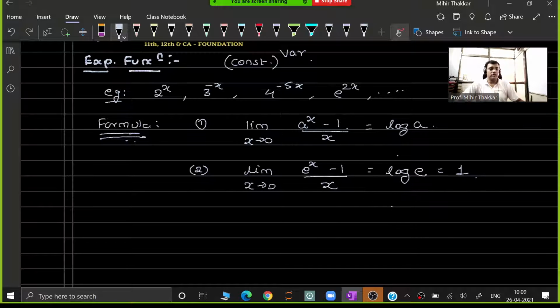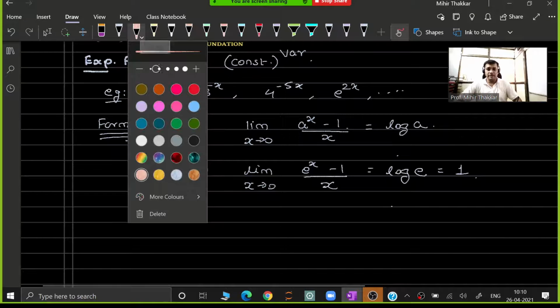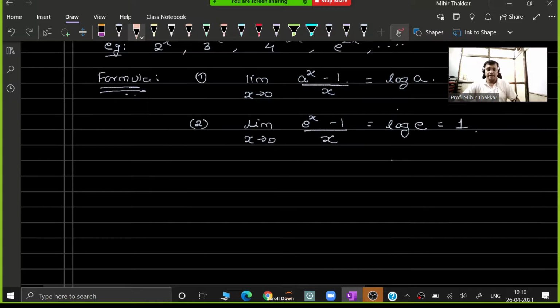So whenever you come across a question, or an exponential question, I should say, where you are having e raised to something, e raised to x, then we will always be considering the answer as 1. Now over here, let me give you some examples so that it becomes clear for you to understand and apply this.